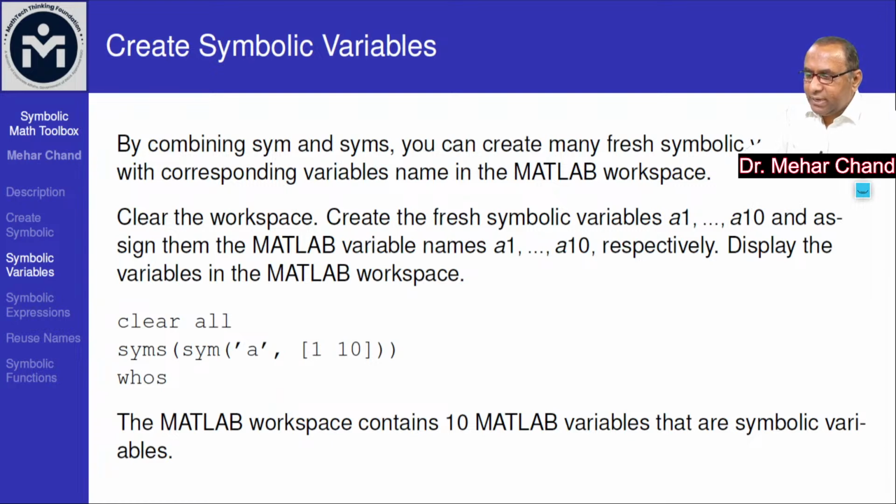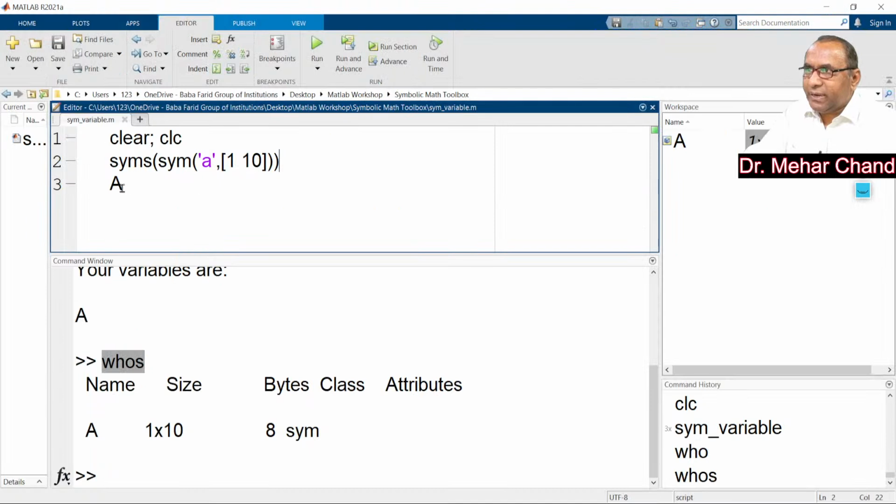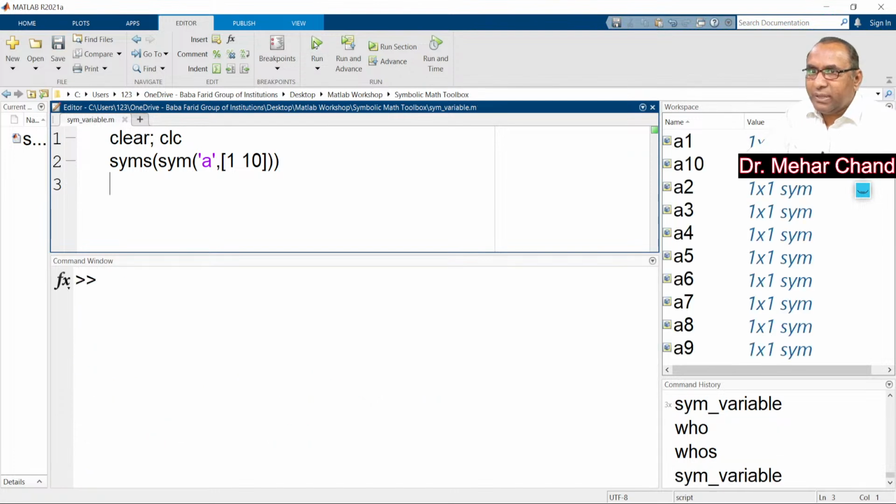So there are 10 variables, and here this is not required. When I run this file, either you can use this statement in the command window, or you can create a script file. There is no difference. So here you can see when we run this code,